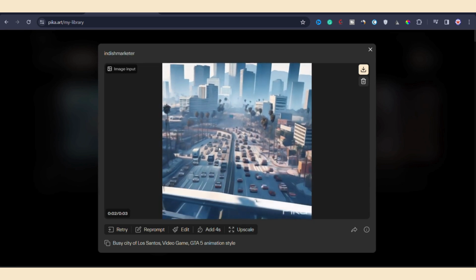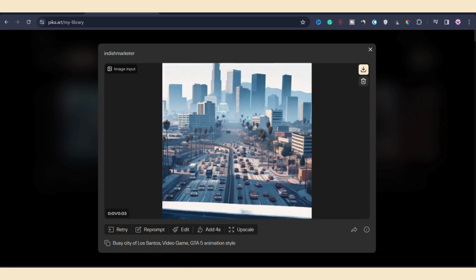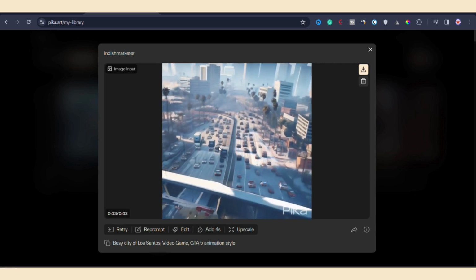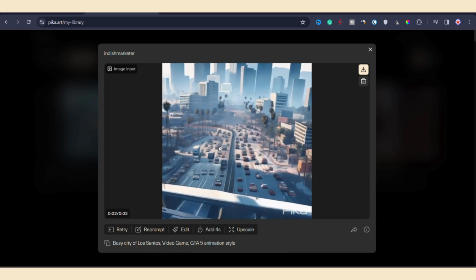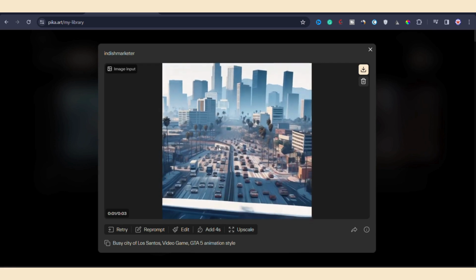If I view it in full screen, you will notice that there is a slight distortion as the camera was moving downward. There is nothing below and the rest of the part was generated by Pika Labs. And you can see this white border because the image ends here. We need to